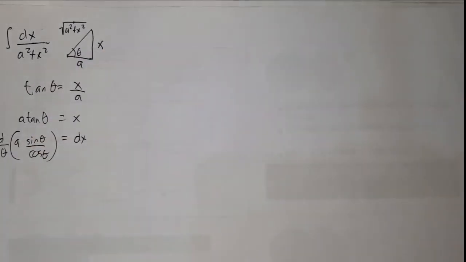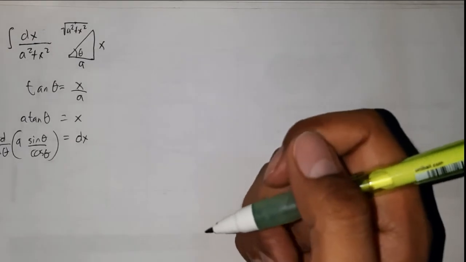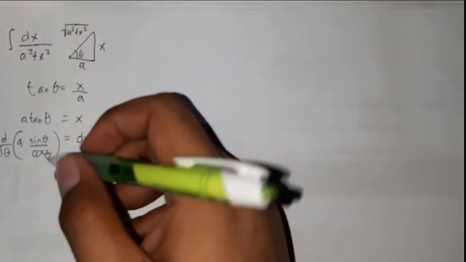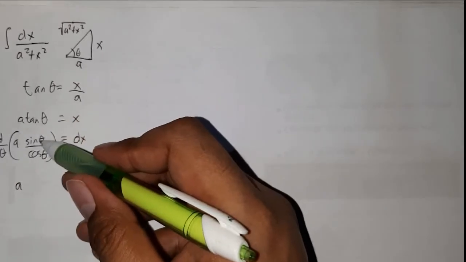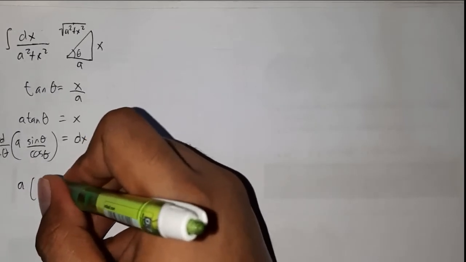Okay. So, yan, pag ganyan, ang mangyayari na dito ay, again, factor out ko si a, then derivative ni numerator. So, it's cosine theta